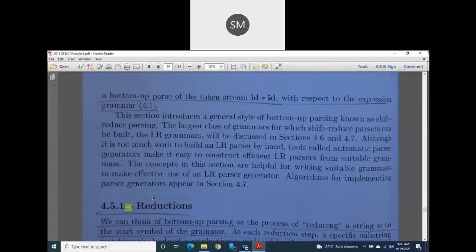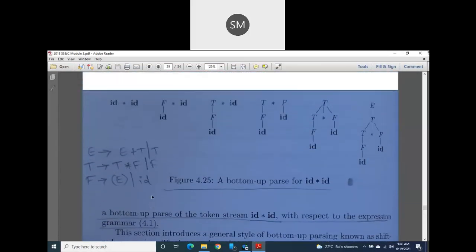And guys, one thing you remember here, you should not think that we are implementing leftmost derivation. Actually, we are implementing rightmost derivation, because I already told you for bottom-up parsing, LR grammar is suitable. LR means what? Capital L is scan the input from left to right, and R is left recursive. Left recursive means that in any production, whatever non-terminal appears on the LHS side, the same non-terminal should appear immediately at the RHS side.